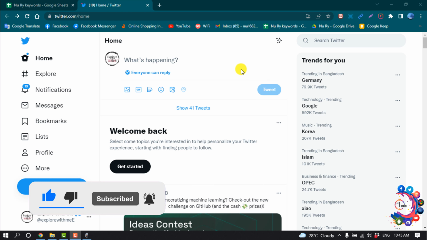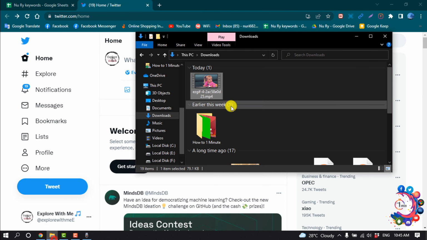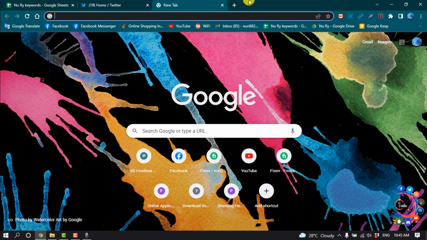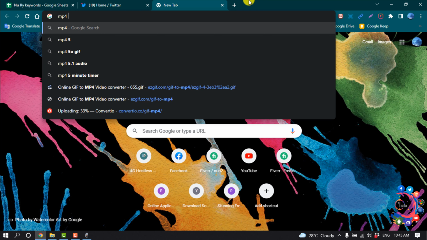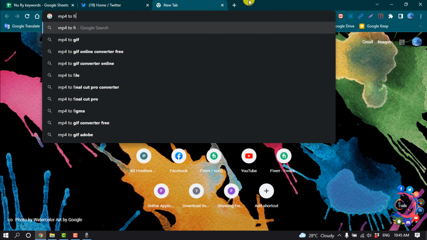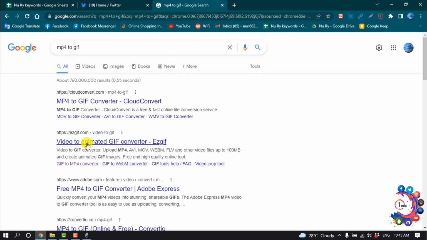So as you can see, here's an mp4 file. Make your mp4 file ready to convert it to a GIF. So open a browser and type mp4 to GIF, and open this website,